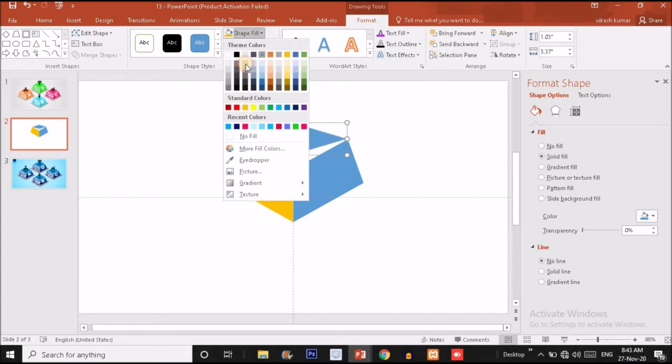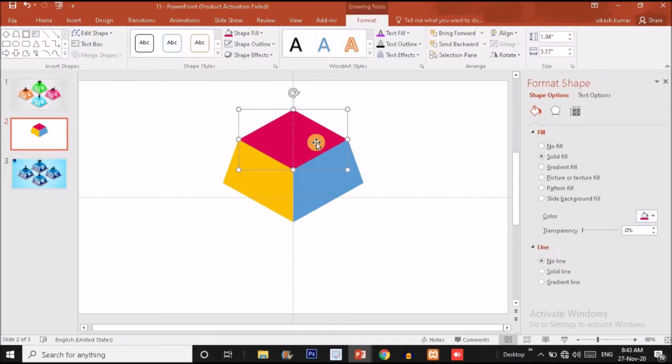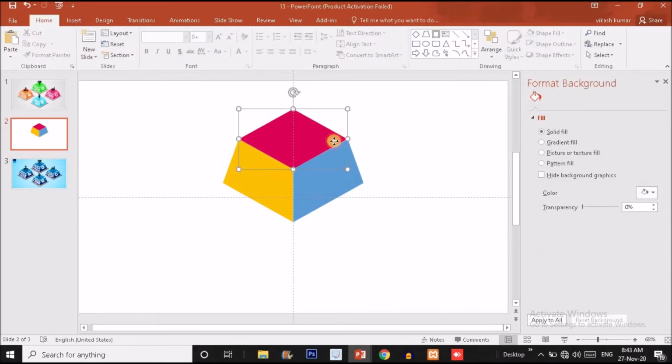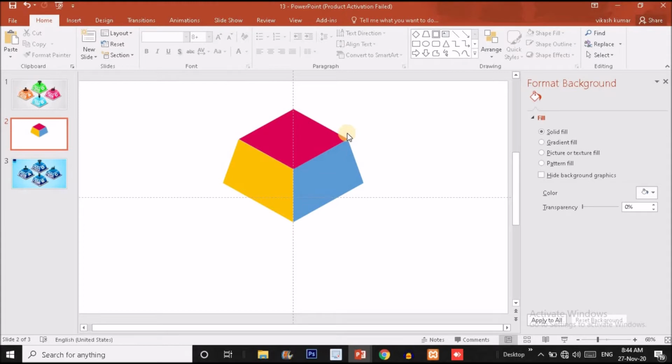Let me change the shape fill to something like this one and drag it here. Adjust it. Okay, now it's done guys.